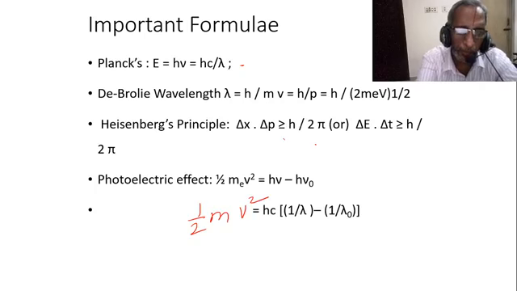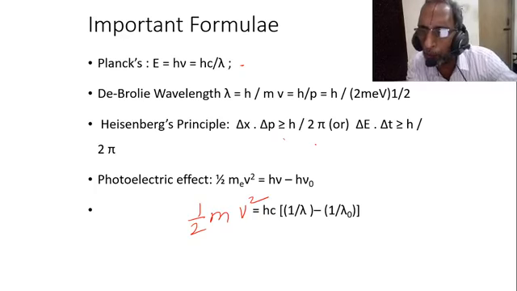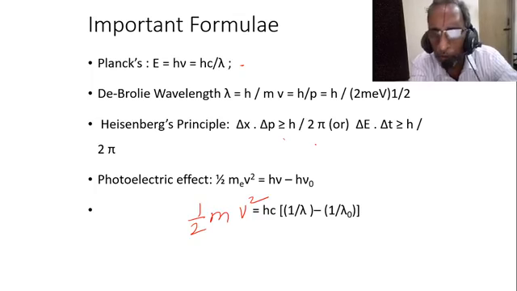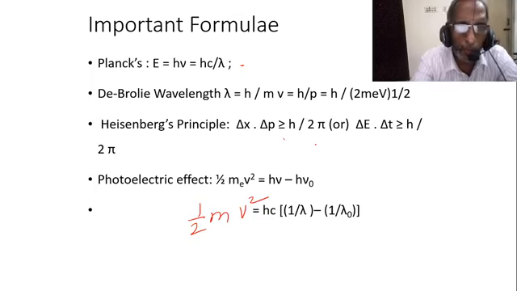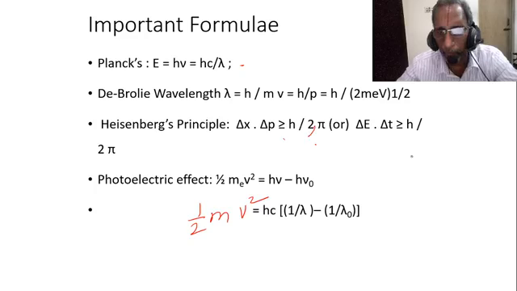Heisenberg principle: it is not possible to make simultaneous correct measurement of what are you telling or noted as. Good, nice, Harshit. So this Heisenberg principle, simultaneous correct measurement of momentum and position of an electron is not possible. The product of the errors is always greater than h by 4 pi. It is not h by 2 pi. Already I have told you. So here you make a correction, it is h by 4 pi.